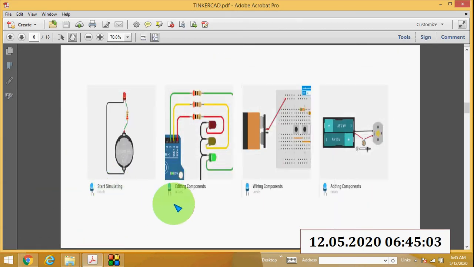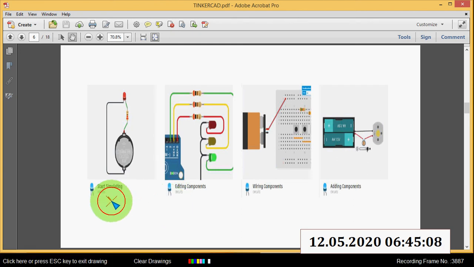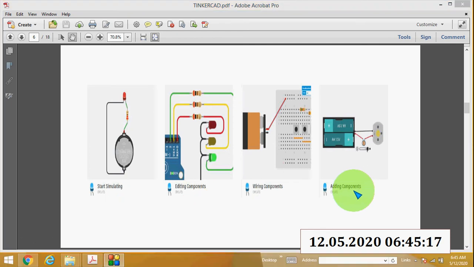These are some examples of electronics: start simulating, editing components, wiring components, and adding components.